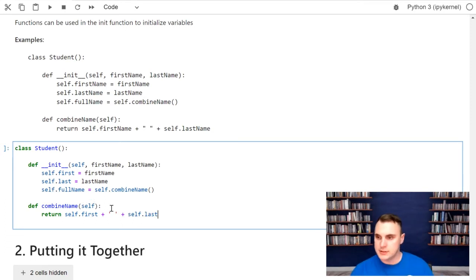Okay, so let's look at what we're doing here. Our combined name is really just putting first and last together as one string, and it's returning. So what happens when we call self.combined name? Again, self.function name is going to reference the function within the class. So make sure you're using this self dot. But we're going to be combining the name and saving it as a new variable